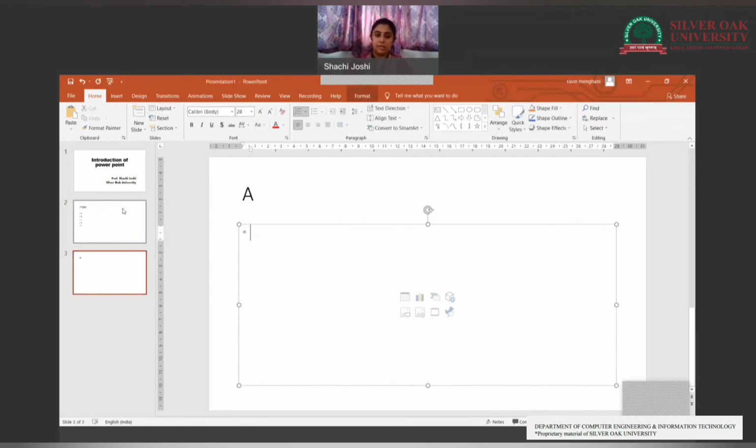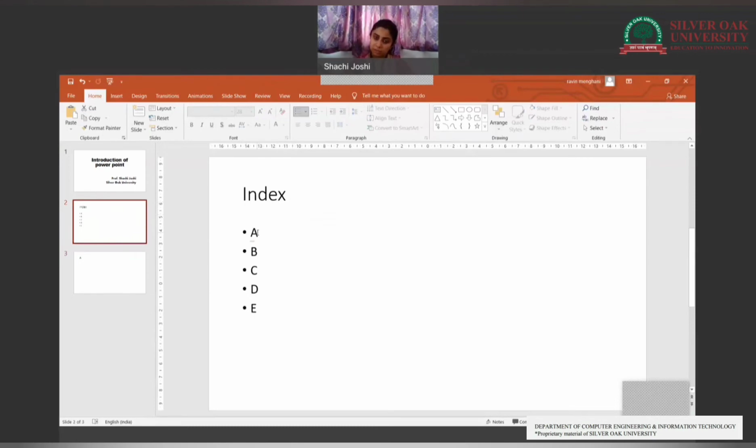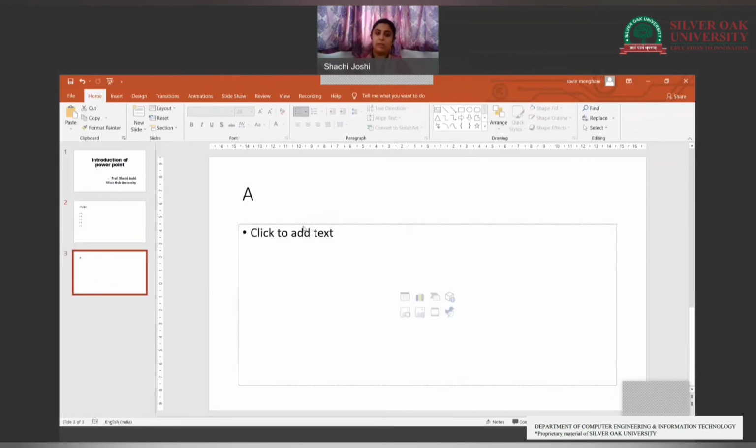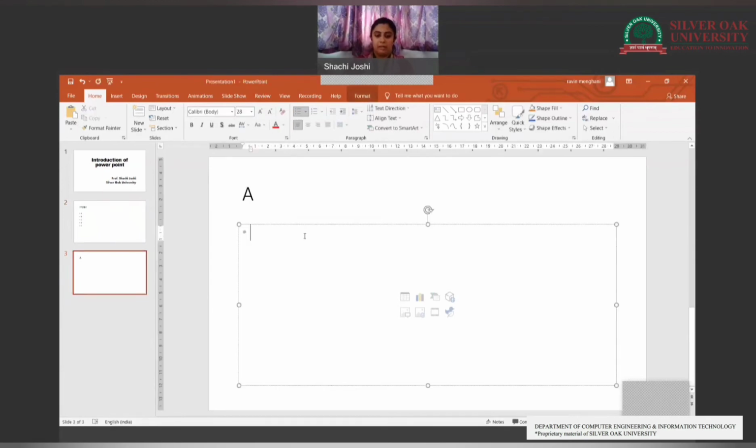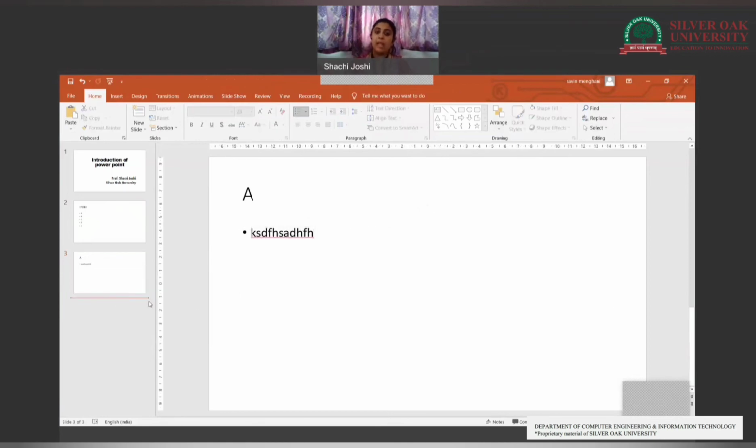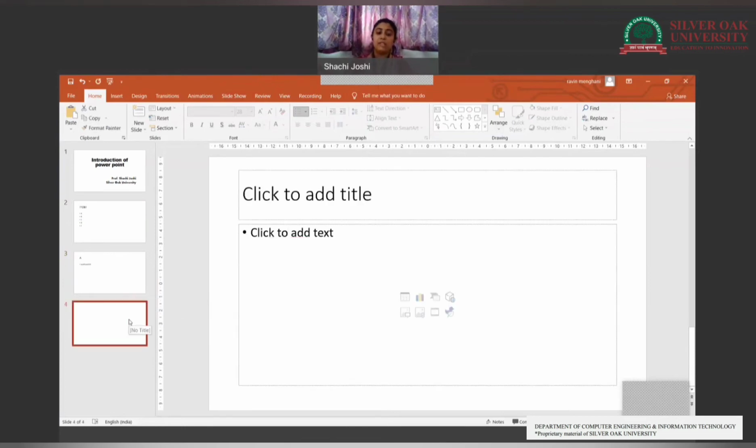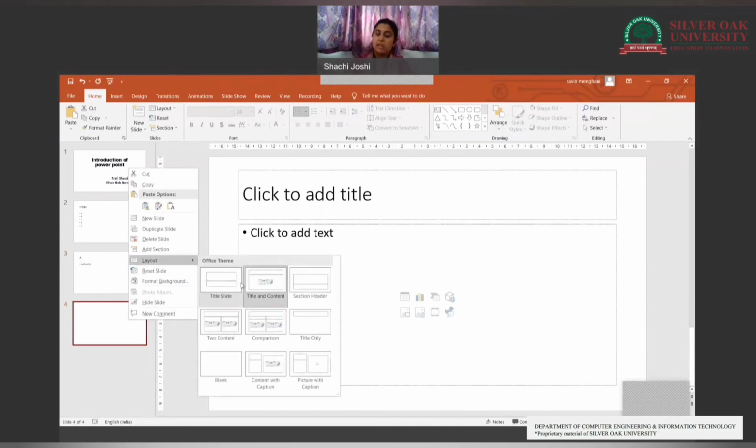Okay, now I want to explain A. So this is A because the table of contents, our first topic was content number A. So here I'm going to explain you A, something about A. Okay, same thing we can do that. We can edit from these particular edit bar. Okay, then for example, again I want to add the slide, right click, new slide, but I want to change the layout. So right click on that particular slide, then layout. Okay, so there are so many things, so many predefined layouts in the PowerPoint which we can use.